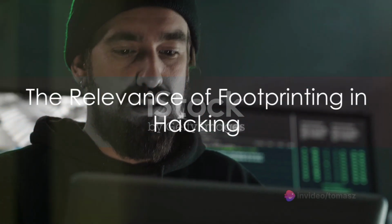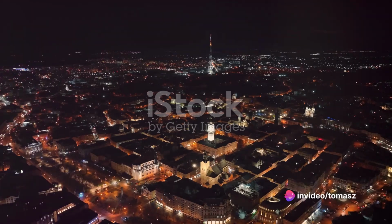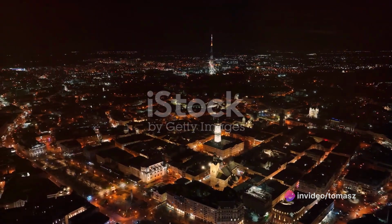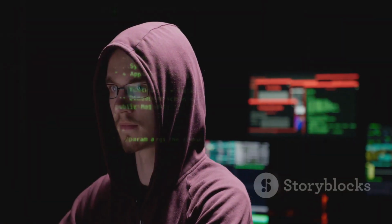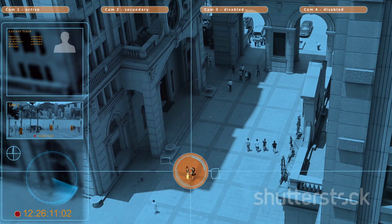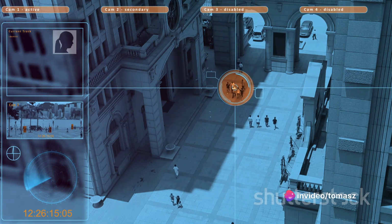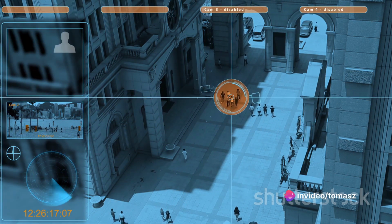Have you ever wondered how hackers manage to breach even the most secure systems? The secret often lies in a method called footprinting. In the world of hacking, footprinting is an essential preliminary phase. It's akin to a reconnaissance mission, where hackers gather as much information as possible about their target before launching an